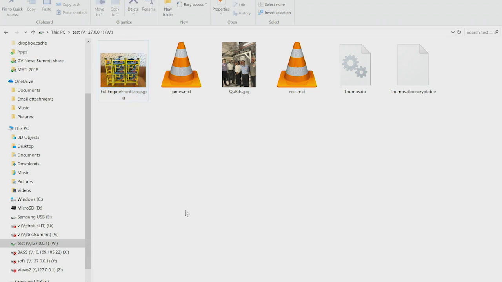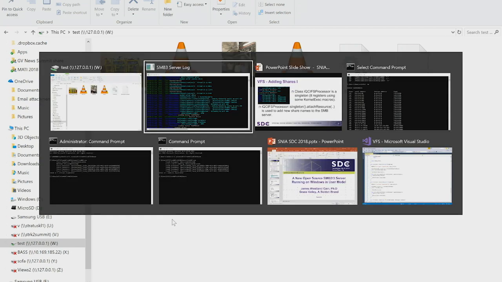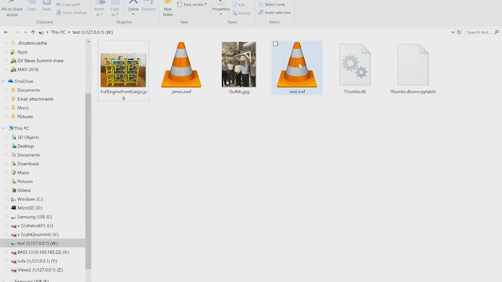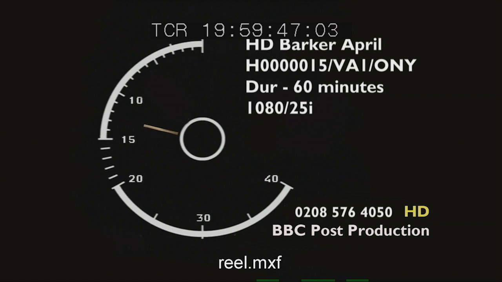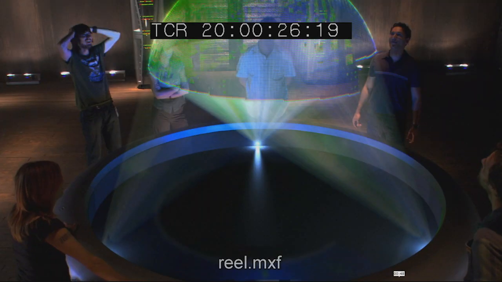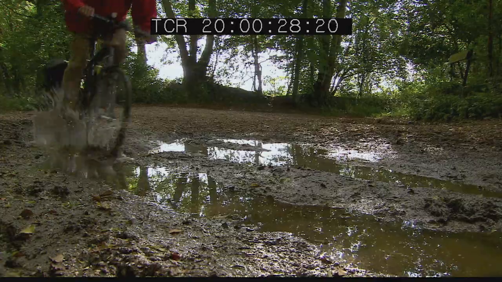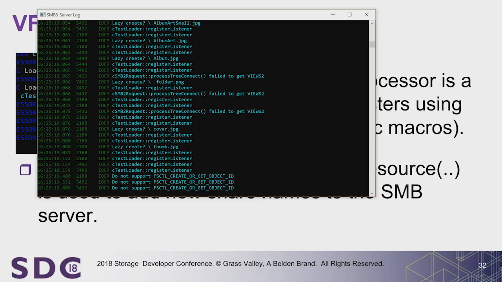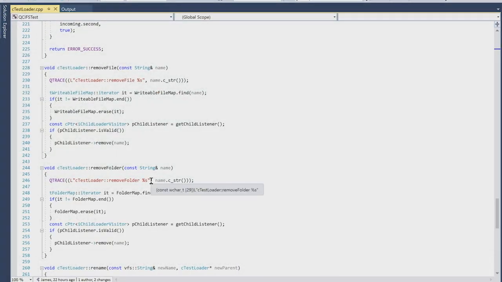So then this test share, QCIFSTest, I've just coded in it some simple files that can load up, and I've just got some media in here, just MXF files that play, and it's just, oh, we've got music. I didn't realise that. Anyway, it's just basically some content in there that's hard-coded in the code, but when you actually come to the code,